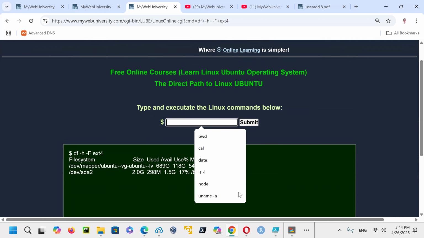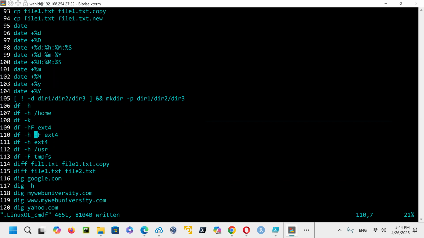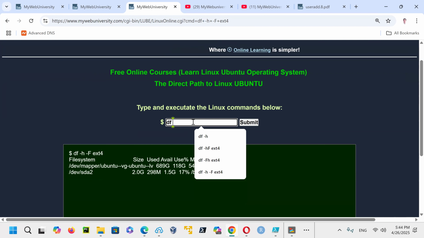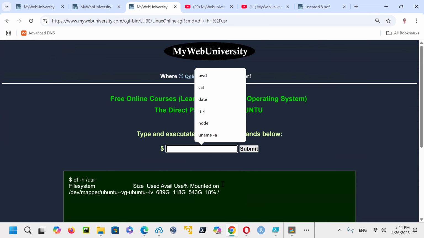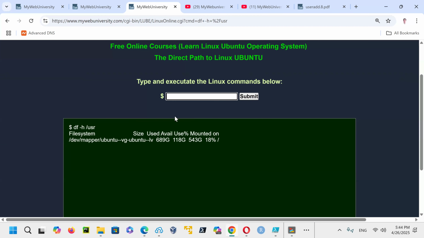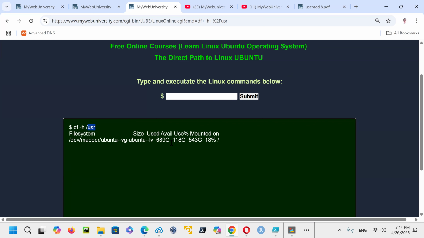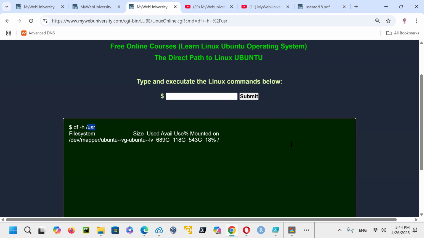So the other commands that we did on that were df -h /usr and df tmpfs. So now if I say df -h /usr, it will run and give you the user file system. When you do the -h, human readable, you're going to say, show me this file system, what percentage is used, what percentage is available, and what percentage is free. So this is the total size, this is the used, this is the available, this is the percentage that is being used.